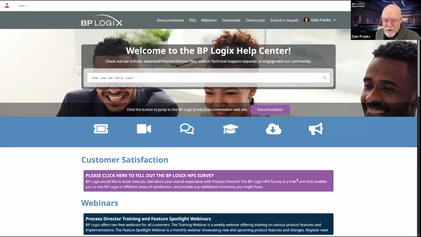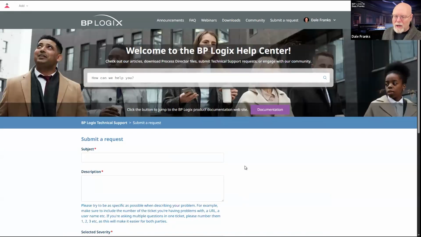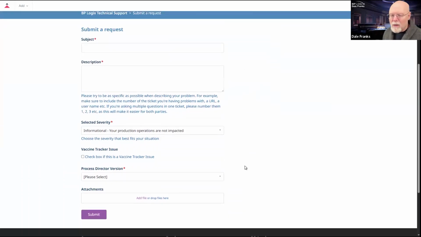So much of what goes on in the support portal is hidden from you unless you are logged in. So we're going to assume that you're logged into the support portal when you're looking at it. If you are, you'll see everything that I'm about to show you. If not, you won't see it because it'll be hidden from you and you'll need to log in to see it. Primarily, you need to log in to submit a support ticket. So there are two ways of doing it. They both take you to the same place. Right up here at the very top, there is a submit a request link at the top of the page. And then there is submit support ticket right here, which when clicked will take you to this ticket form where all of the actions will take place.